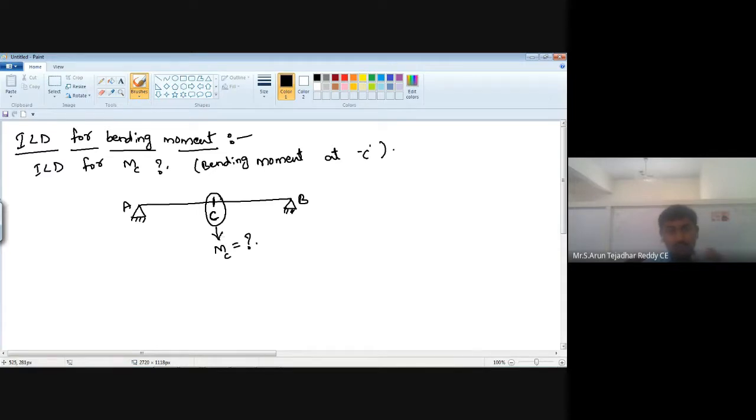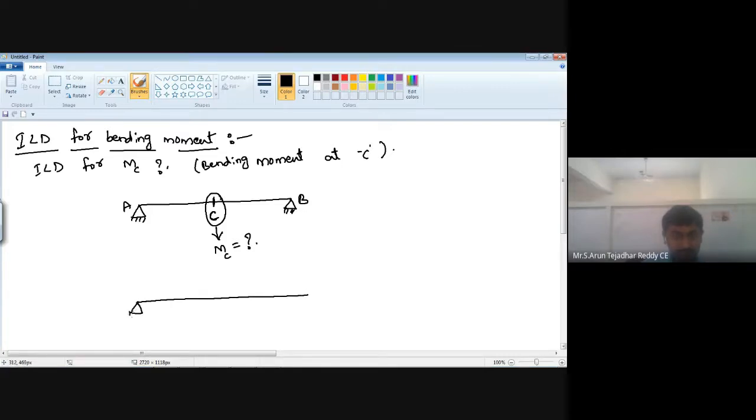Now already you know the first step, how to start. See here, we don't know how much load is acting on the beam. So what is our assumption? Our assumption is to apply a 1 kilonewton load, and that 1 kilonewton load travels from one place to another place. This is our assumption only. The 1 kilonewton load is for assumption purposes.